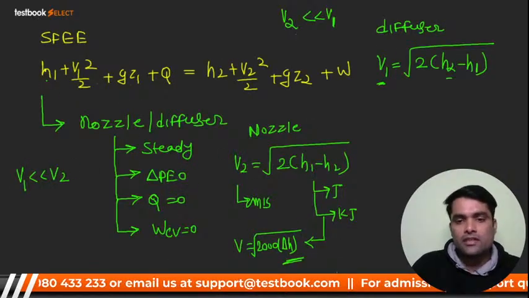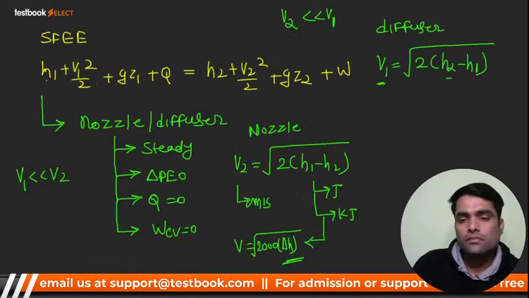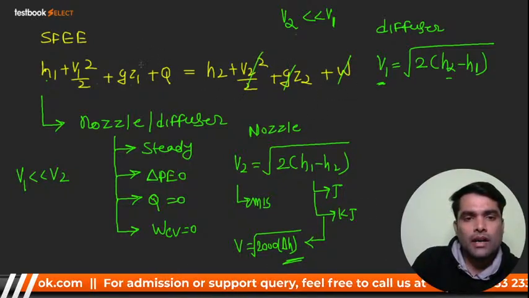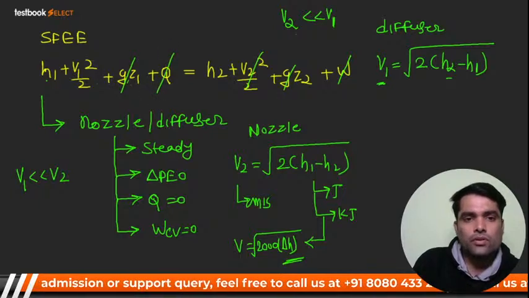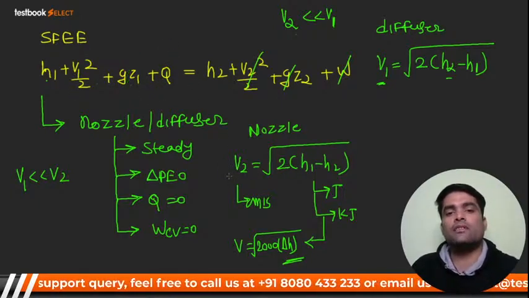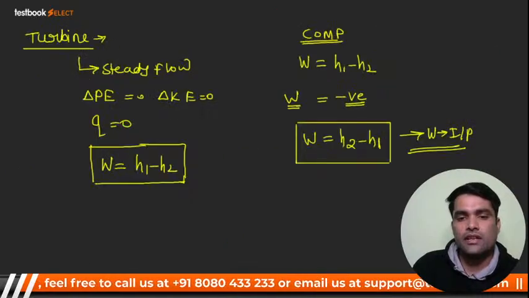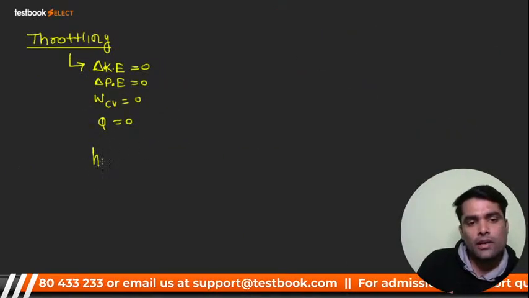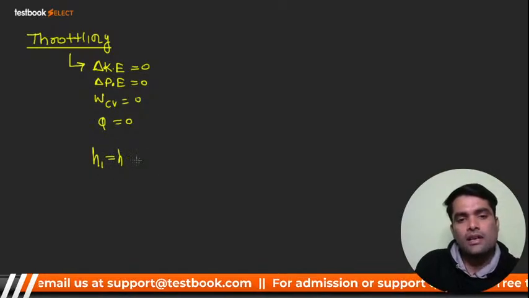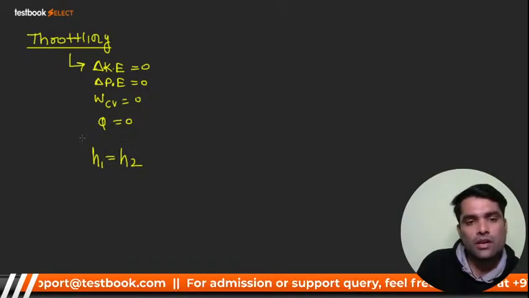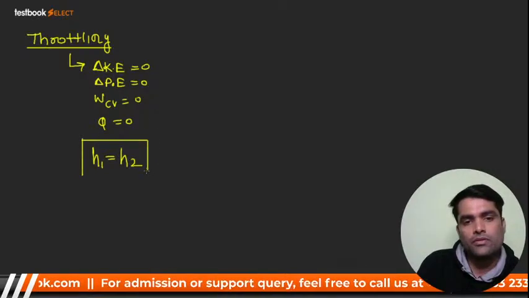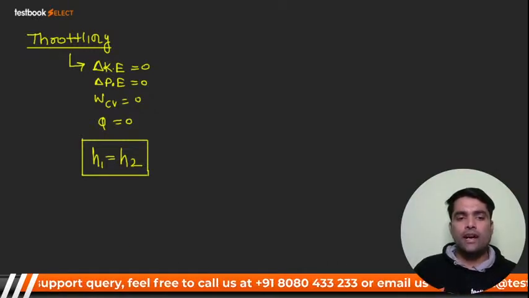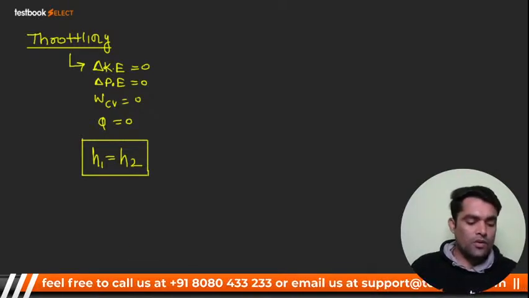So definitely if you have taken these assumptions my dear, you know that, see, आपका ये 0 हो जाना है, ये भी 0, ये भी 0, ये भी 0, H1 is equal to H2. That's why I said it is nothing but an isenthalpic process, right? That means you are going to get H1 is equal to H2, that is isenthalpic process. क्या हो जाएगी बच्चा, it should be your isenthalpic process, right? I hope you got it. Now my dear,